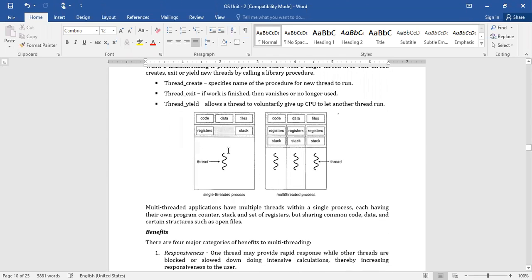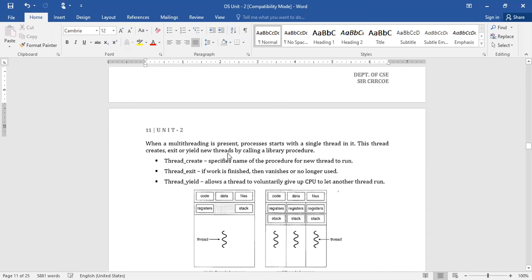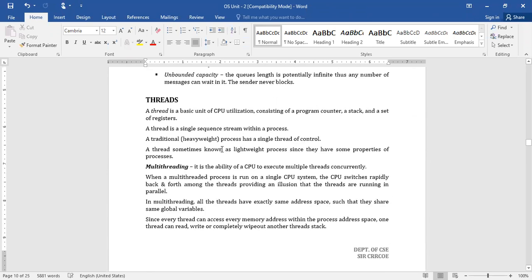When you are talking about a single thread, you may not find the difference whether it is a process or a thread. Of course, there is a lot of difference between these two. Whatever properties the process has, if the thread also has or accesses the same properties, you can call it a lightweight process.